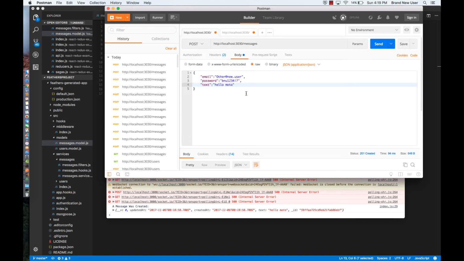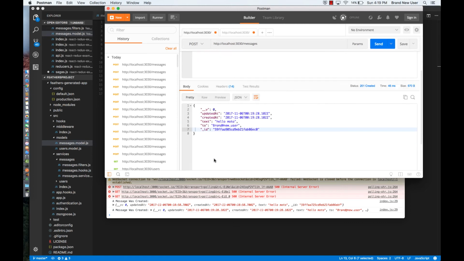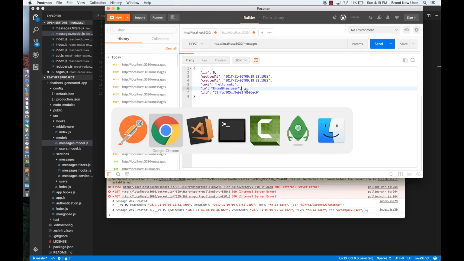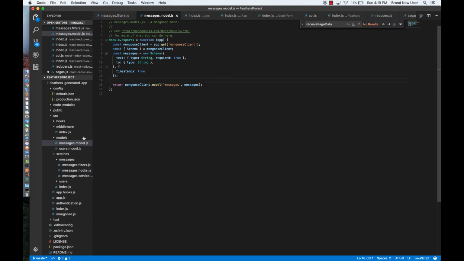Now, if I say 2, and I go to, what is the email address? We'll say to brand@new.user. If I want to save. Send, and now I've created one that also has a 2 value, and it had to be in my schema for me to be able to get the 2 here, so that's why I put it in. But in my filters, I can say